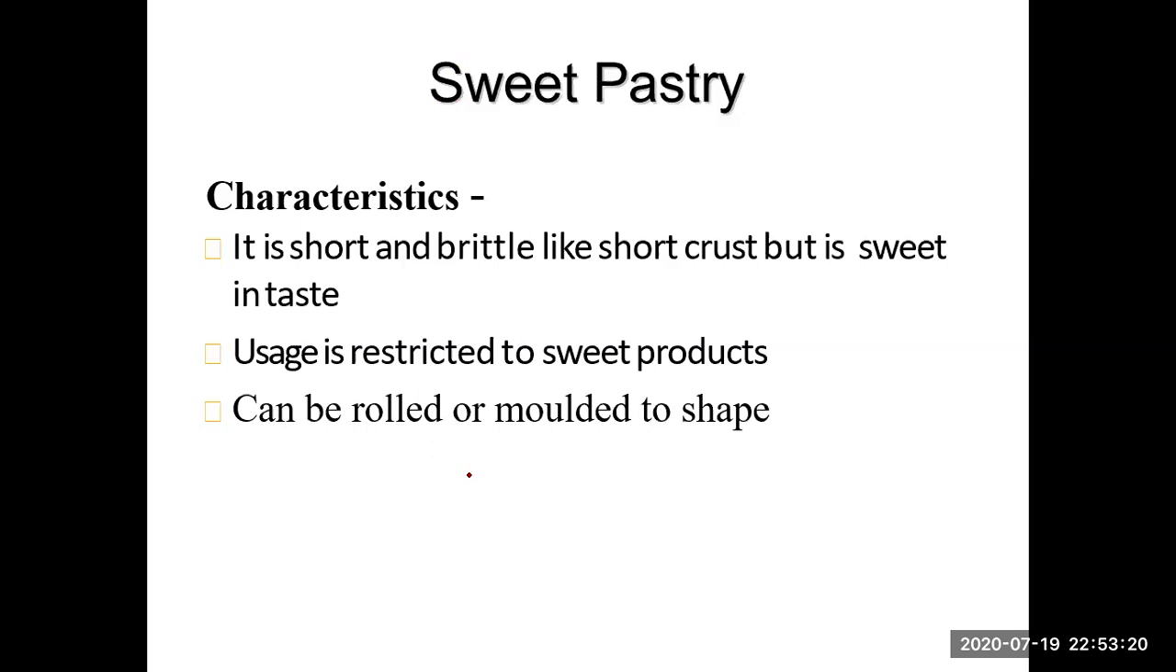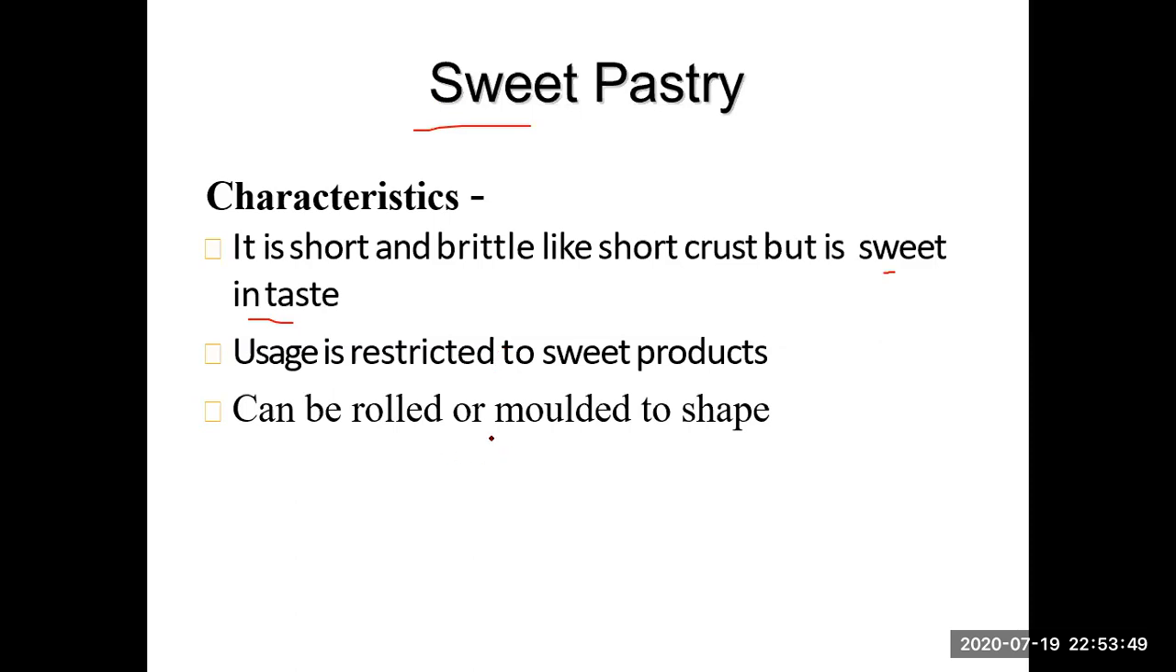Then our second one is sweet pastry. So here is the word sweet. That means this kind of pastry is used for sweet products. Any kind of sweet product you can use that for. In the case of short crust pastry, you use it with meat, and we use different kinds of spices or eggs. But in the case of sweet pastry, we only use it with sweet products, and it can be rolled or